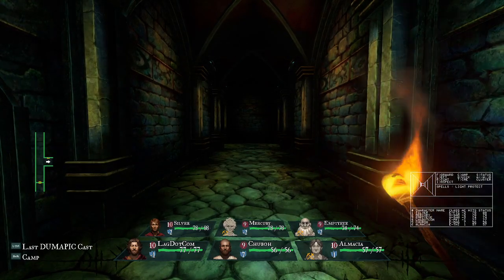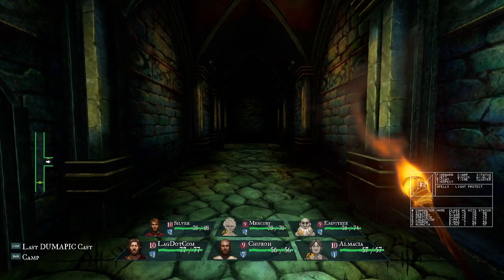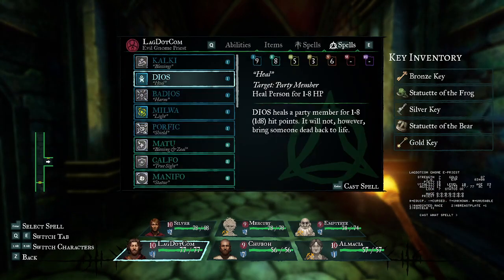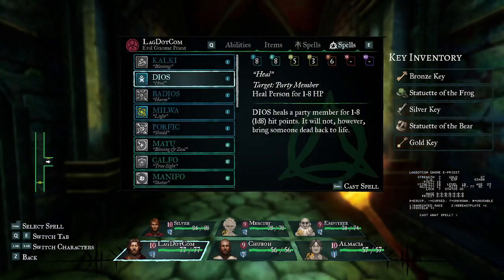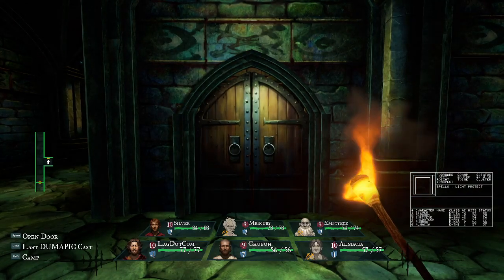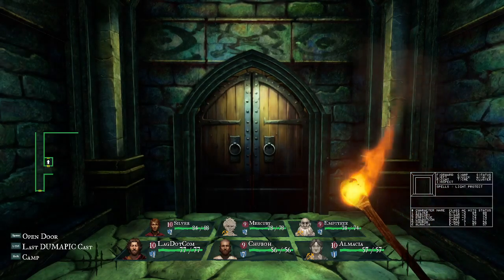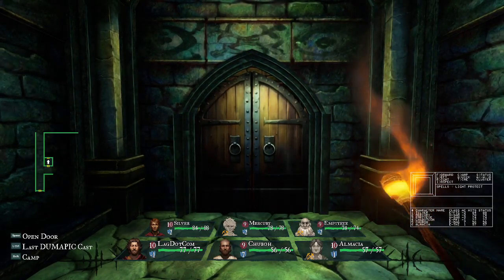Okay, so there's a door up here. Alright. Splash up Silver's HP there. Let's see what's in here. Another door. There was only one of these leaves. Yeah, I'm